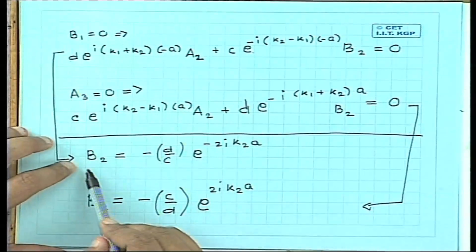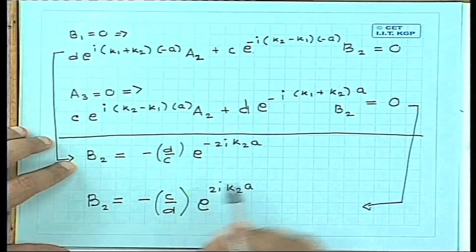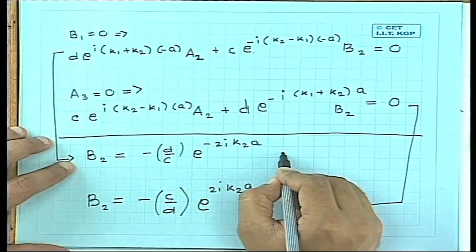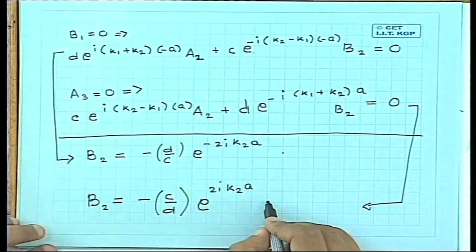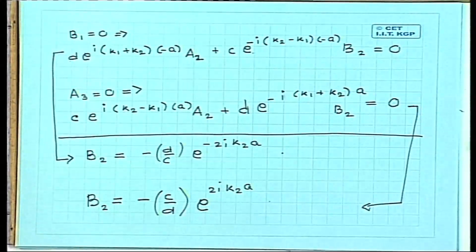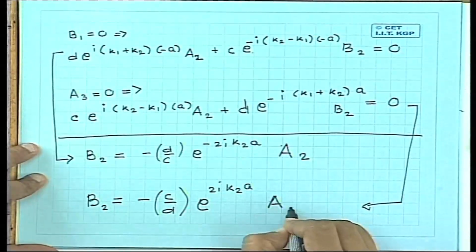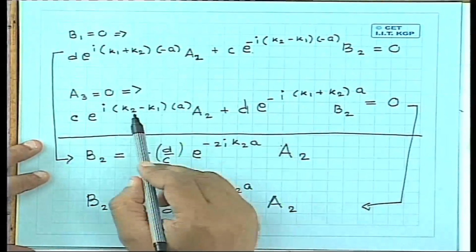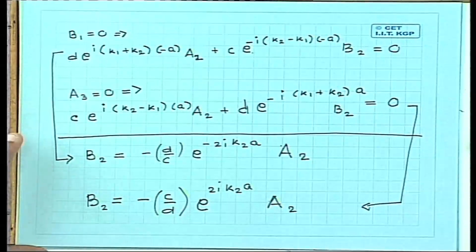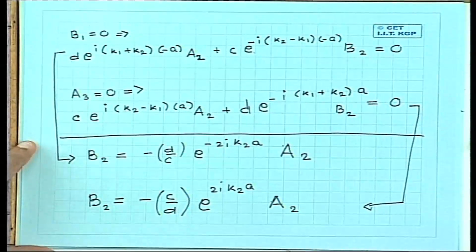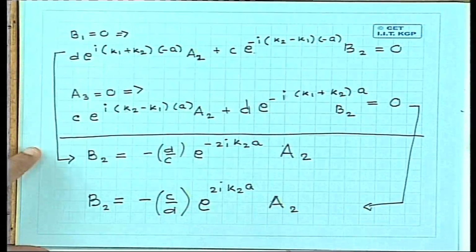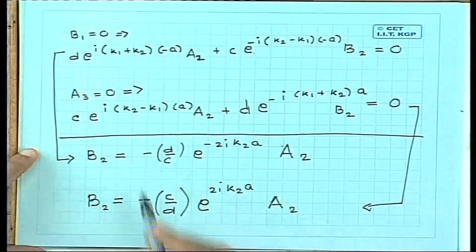This is implied by the boundary condition at minus A. This comes from the boundary condition at minus A. This comes from the boundary condition at A. So it's K1 into A2. The K1 term cancels out from both sides, e to the power I K1. Okay. So these are the two relations we have,